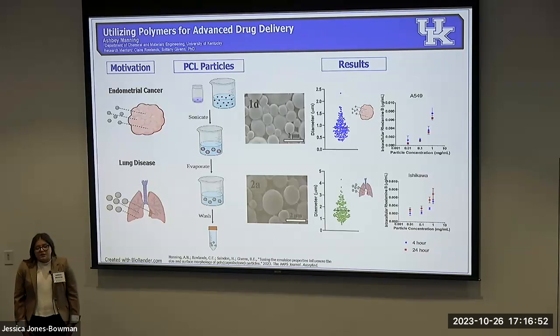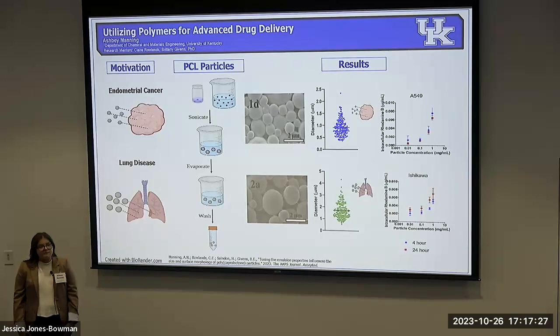Many polymers can be used for this method, but our lab focuses on polycaprolactone, or PCL. PCL has advantages over other biocompatible, biodegradable polymers in that it has a long degradation time by comparison. This makes it a prime candidate for targeted and sustained drug delivery. That's why in our lab, when we synthesize these particles, we load them with active pharmaceutical ingredients, or APIs. APIs are the part of a drug that produces the effect. So when you have a headache and you take Motrin, the ibuprofen, which is the API, is what's getting rid